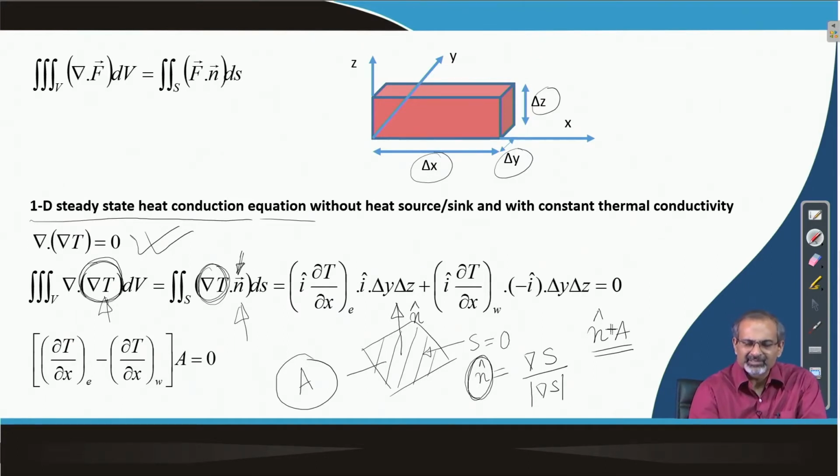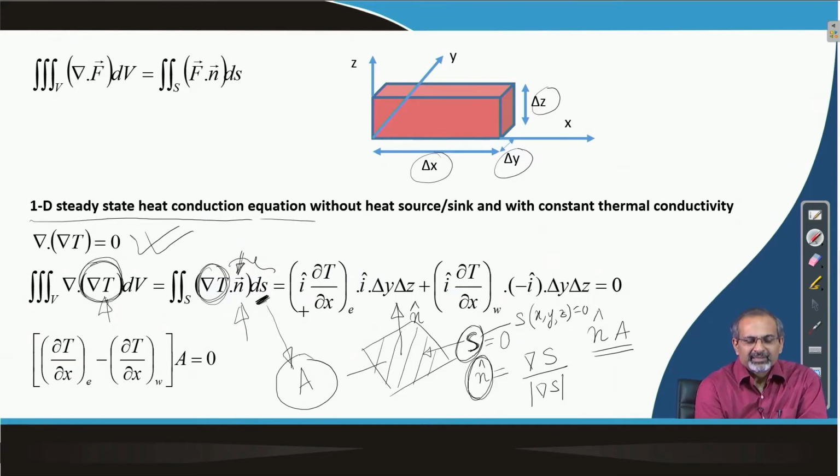So, n times A is what you have over here, and mind it that this small dS is actually standing for A. This small s and the functional representation of the surface given by the capital S are not the same thing. This is essentially a function like f of x y z equal to 0, all right, while this is only a scalar representation of the area.